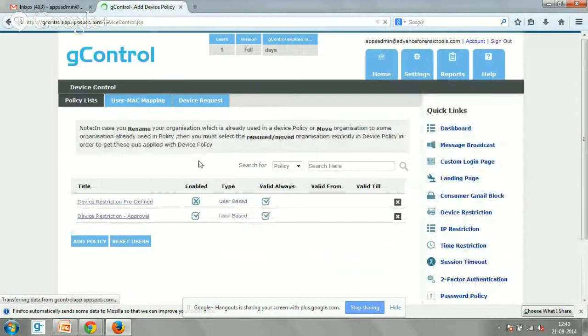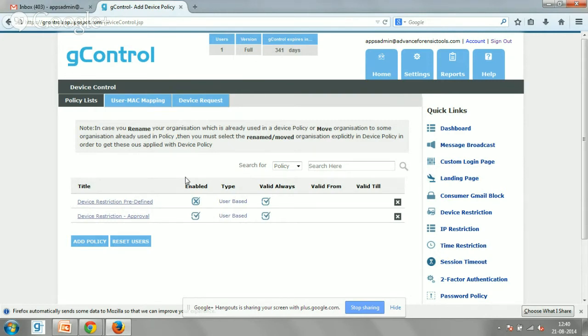The voice of Sarvesh is a little low, so let me just recap. The screen which you're looking at is the screen where you see the policies, user MAC mapping, and then device request. So this is where you can see the policy sections.